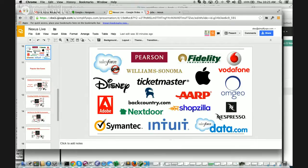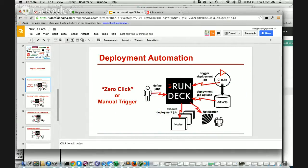Good. Yeah. So I'm just going to go through a couple of use cases real quick, and then Alex will dig into the meat of what you guys care about, which is the Nexus and RunDeck integration. So, deployment automation, right? This is always the top of people's concern. Two modes: either a zero-click or continuous delivery type mode, where you've got some CI server building your packages, going into some repository, probably Nexus, and then that process is kicking off RunDeck to actually go and